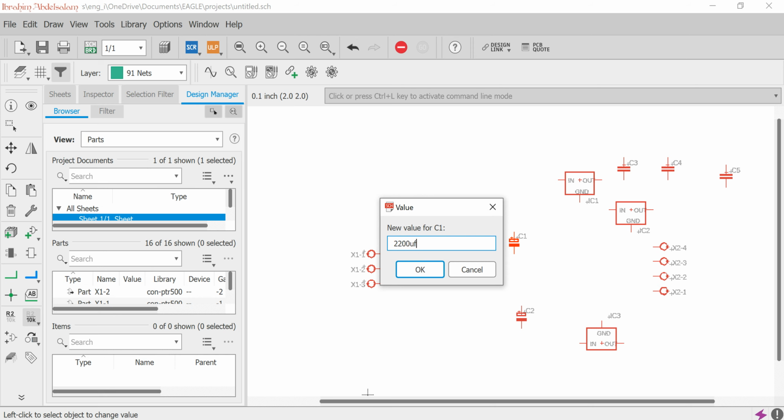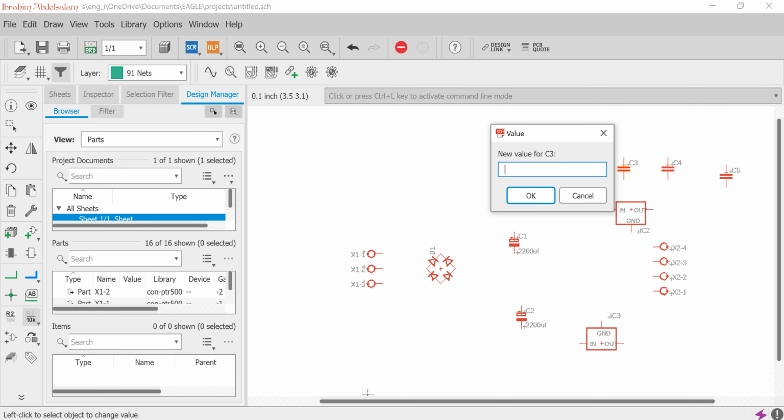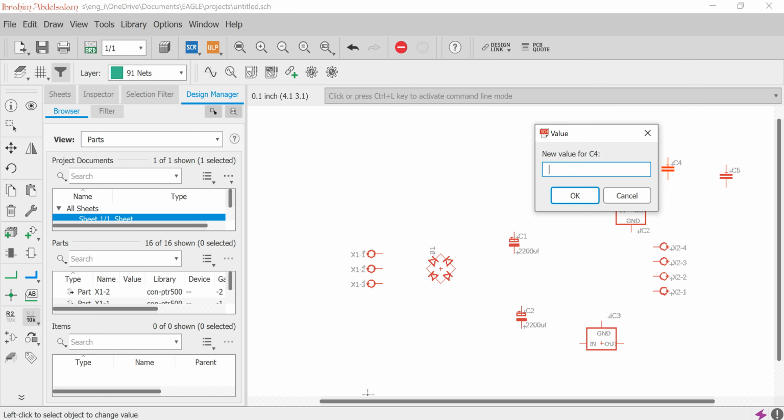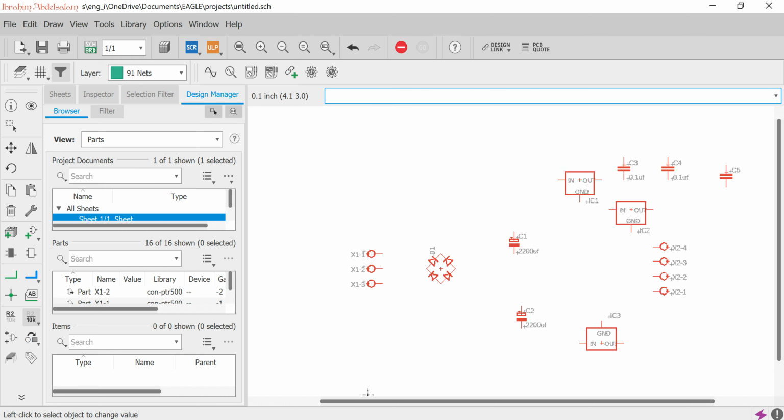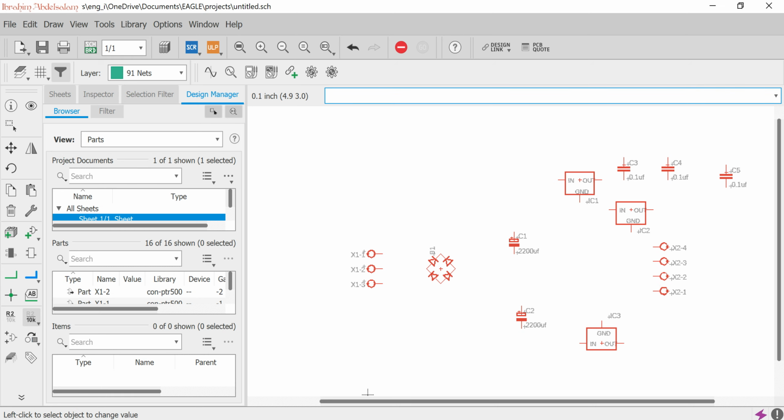2200 microfarad. This one 0.1 microfarad. Same for these two, 0.1 microfarad. Nice. Now we need to name everything, so label